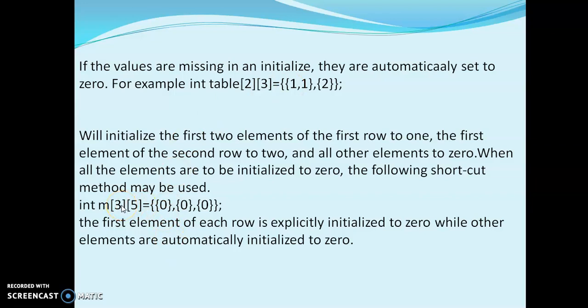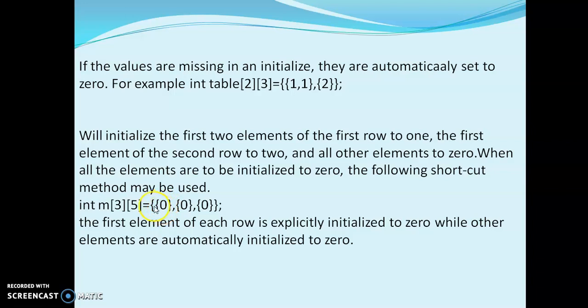One more example. Suppose we have declared an array whose name is M, 3 is the row size and 5 is the column size. So 3 into 5, total 15 elements. Now I want to initialize all the 15 elements as 0. We have a shortcut method.